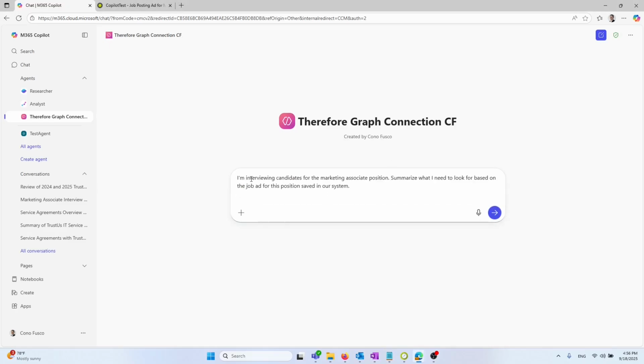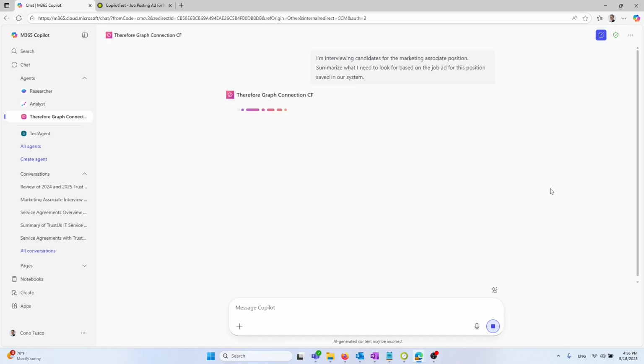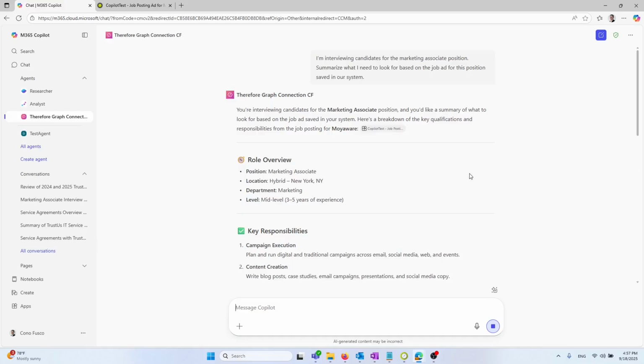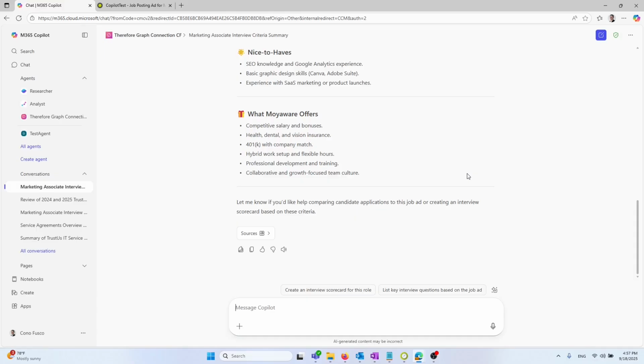I'll start with my first prompt. I will tell Copilot what I'm trying to do. I'm interviewing candidates for the marketing associate position. I'm asking it to summarize what I need to look for based on the job ad for this position. As we see in the response, Copilot found the ad that was saved in our system and gave me a